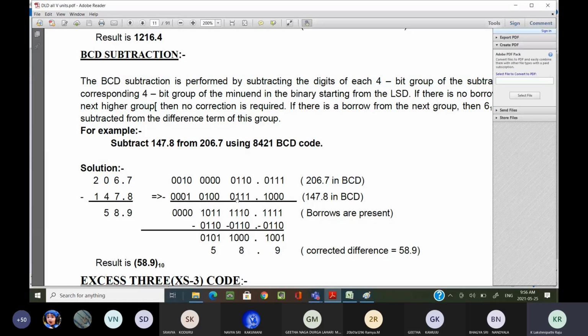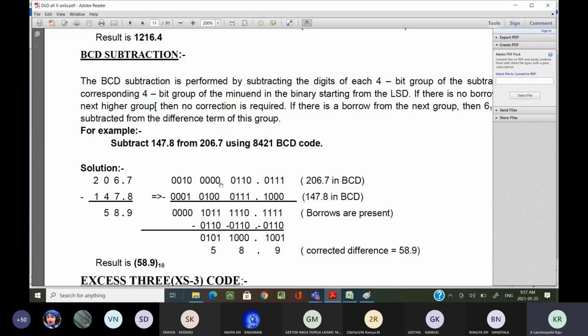0 minus 1 is not possible. From where do I have to take borrow? From here I have to take borrow, like that I am taking borrow. Now this value will become 2. 2 minus 1 is 1. What is the value left here? 1. 1 minus 0 is 1.